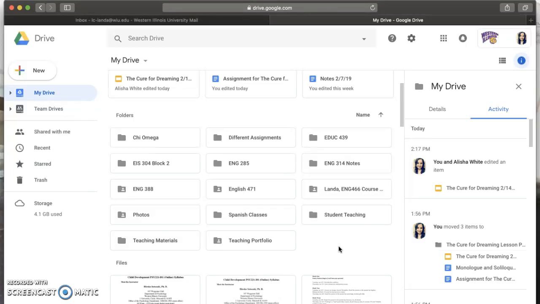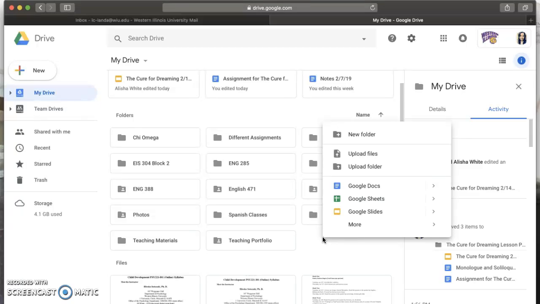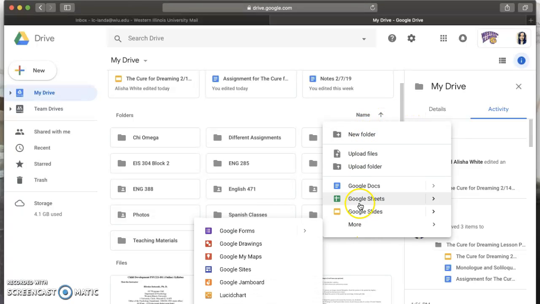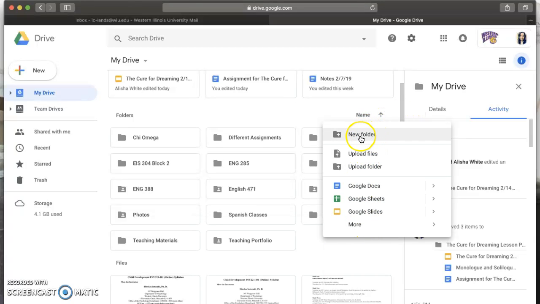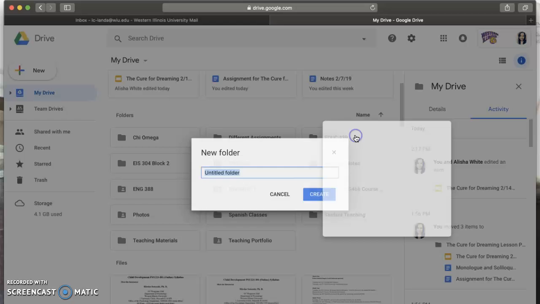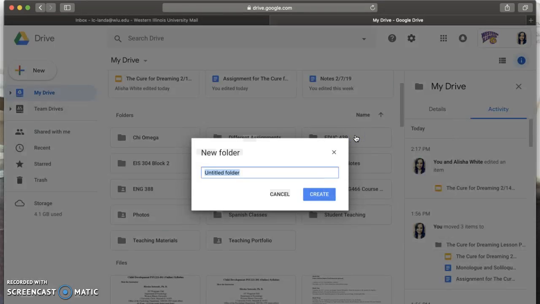You will right click in an open area, or if you have a Mac, just use your index and your middle finger, press down at the same time to get these options right here. What I would like you to do is create a new folder, and for this folder I want you to